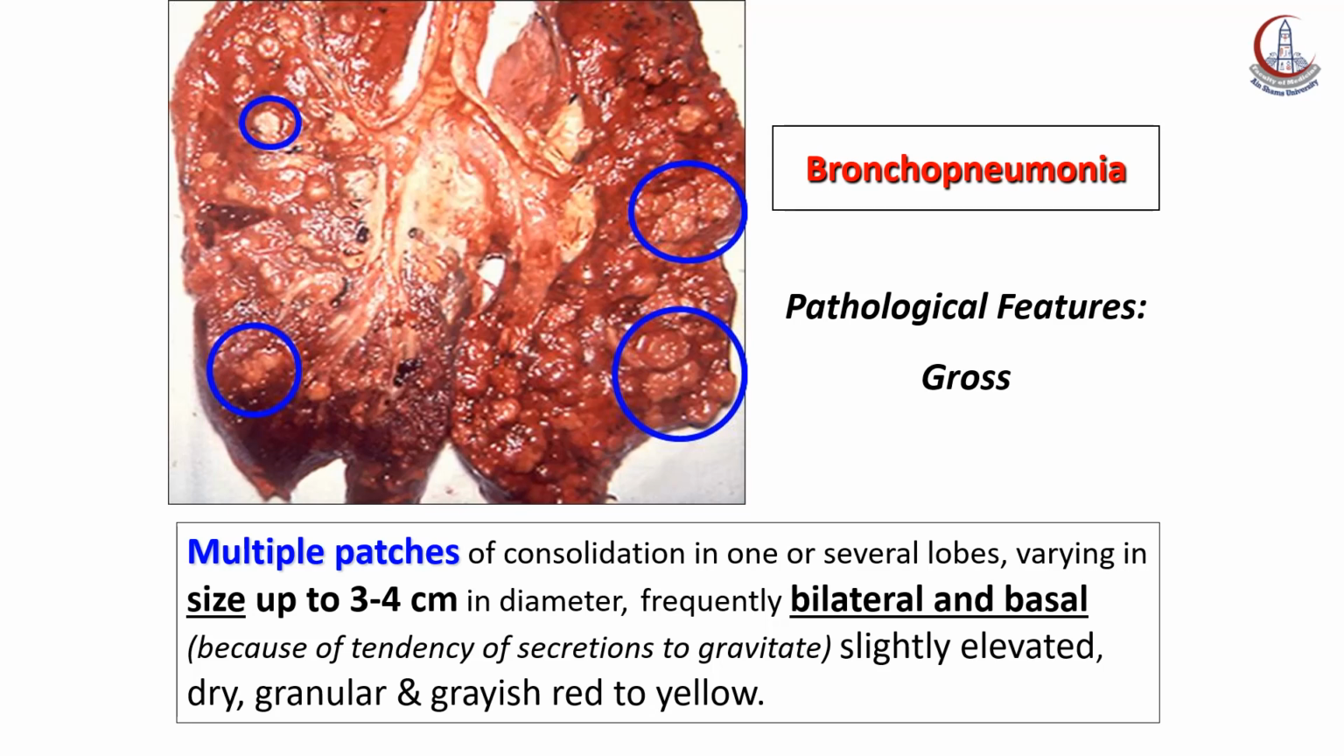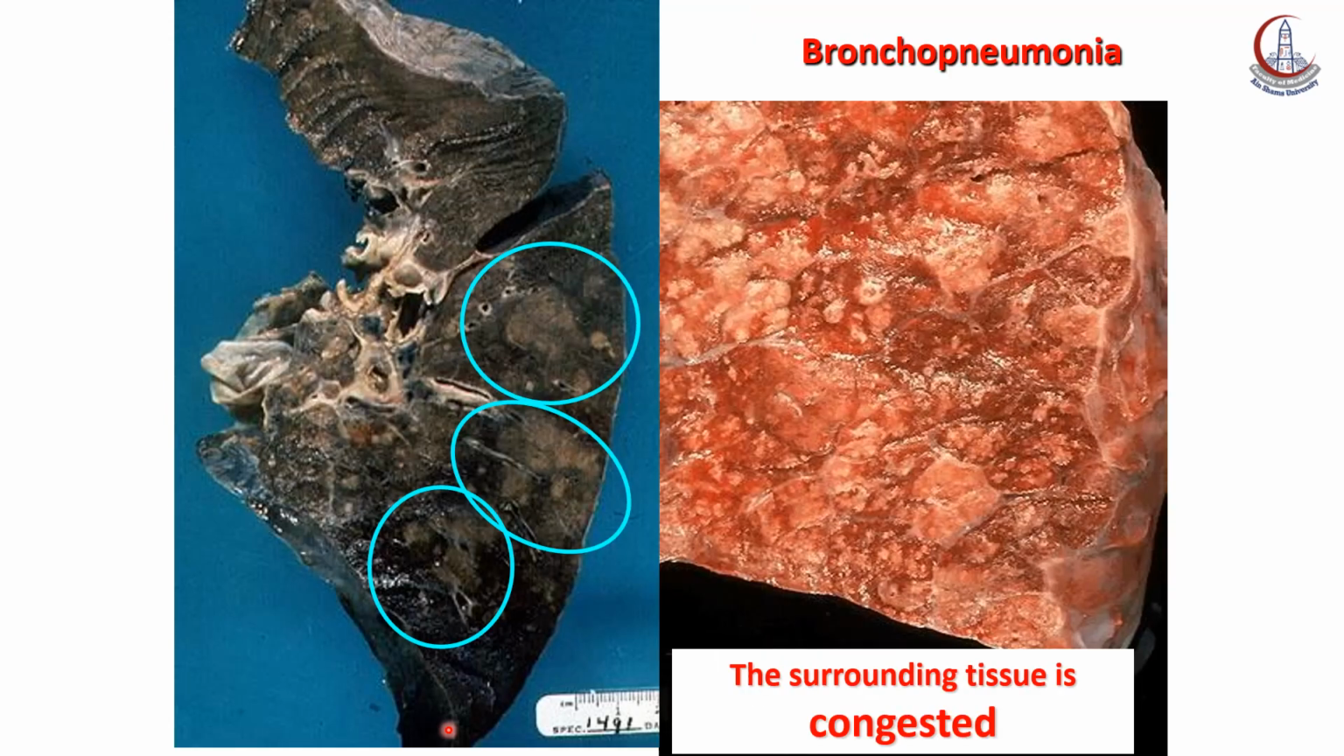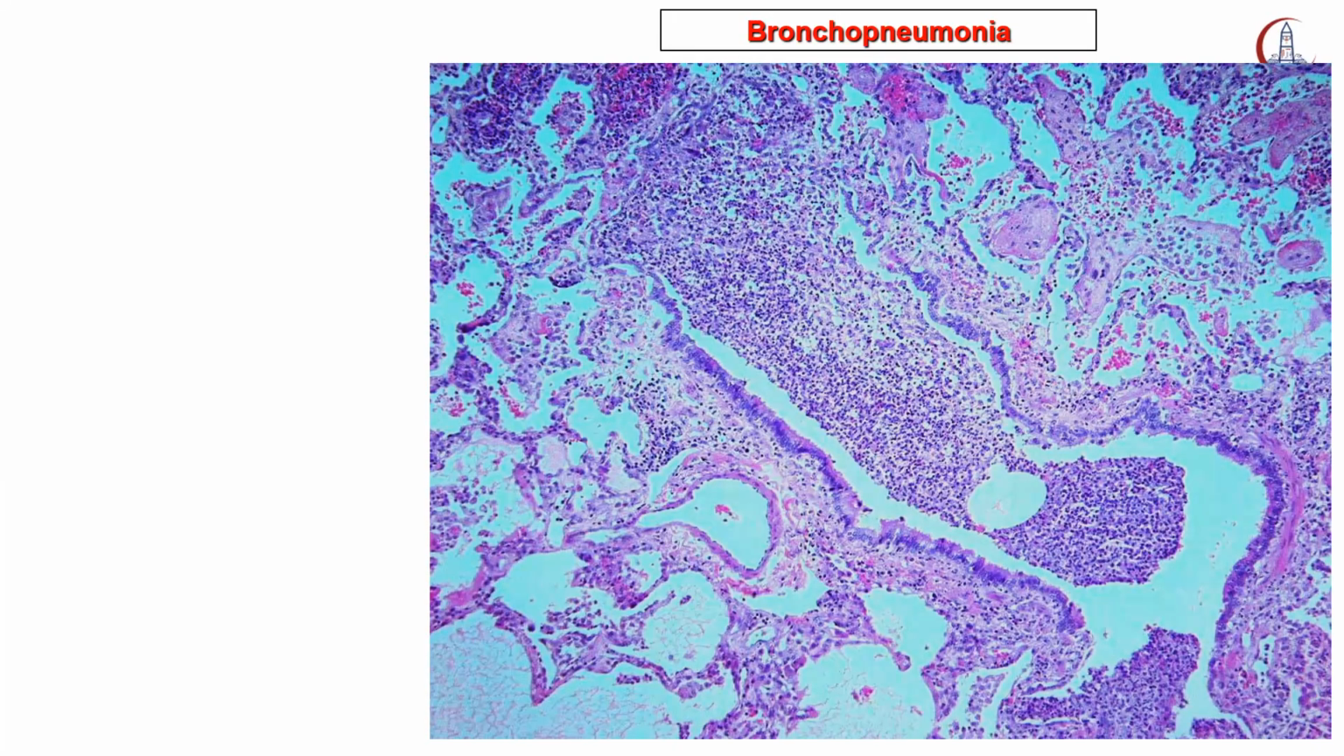Slightly elevated, dry, granular consistency with grayish red and yellow foci. Why are there yellow foci? Yes, because there is suppurative inflammation. There are multiple variable sized pneumonic consolidations, more basally, causing the lung tissue in between to be congested. It's yellow in color, multiple and variable sized. Under the microscope there is a florid inflammatory reaction with excess neutrophils and pus cells. There is suppuration involving the bronchi and bronchioles, with spreading